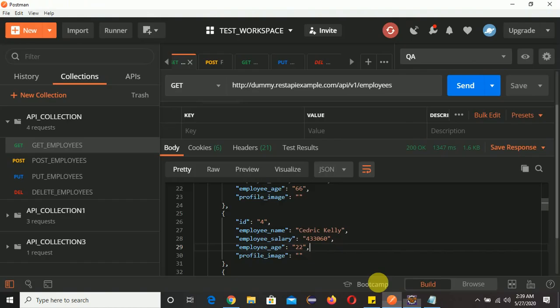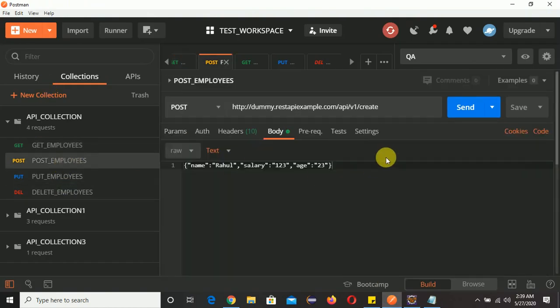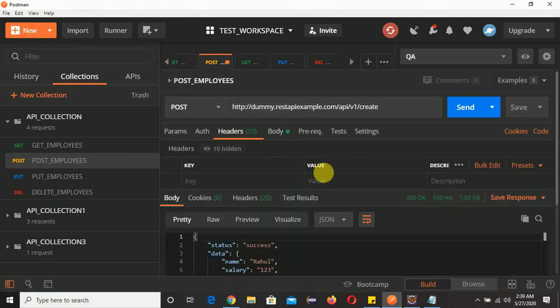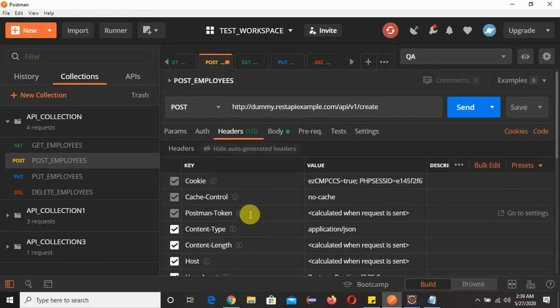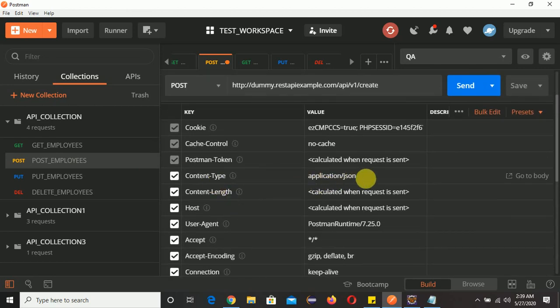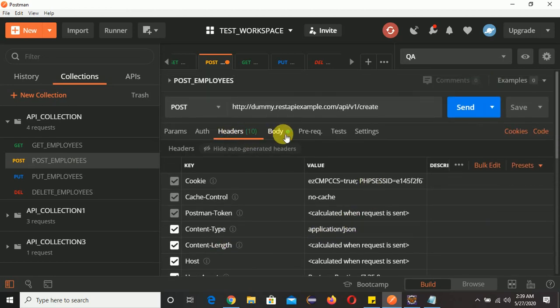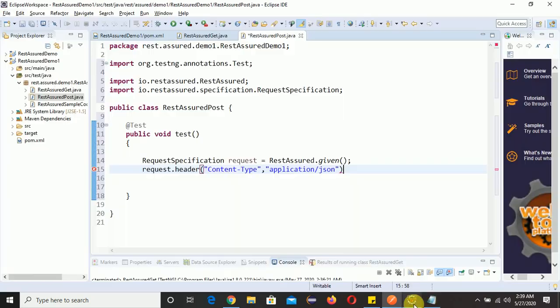So I will show you in Postman. If you go to POST, you can see here in body we are passing JSON format, right? This is JSON format. If you go into the headers, you'll find Content-Type as application/json, right? The same thing we are doing here. Content-Type is application/json, semicolon.